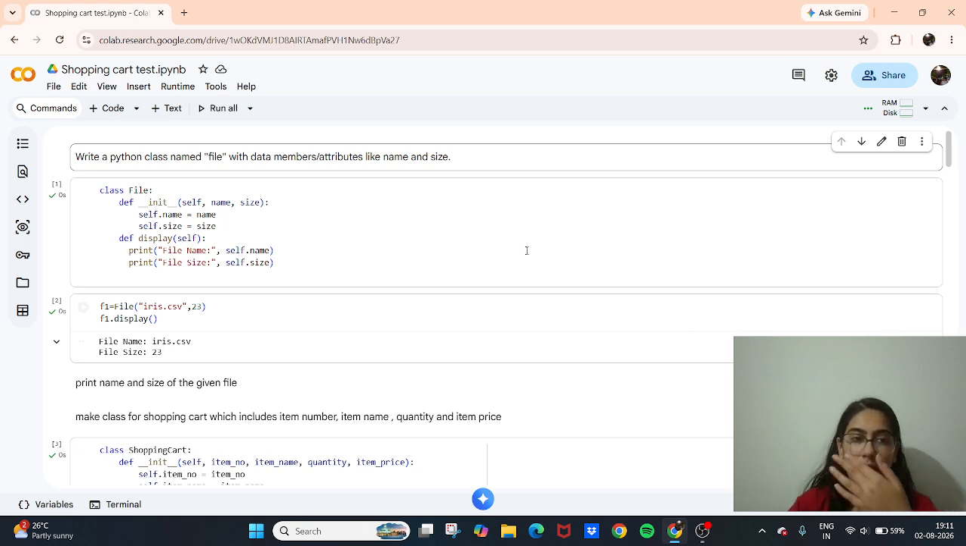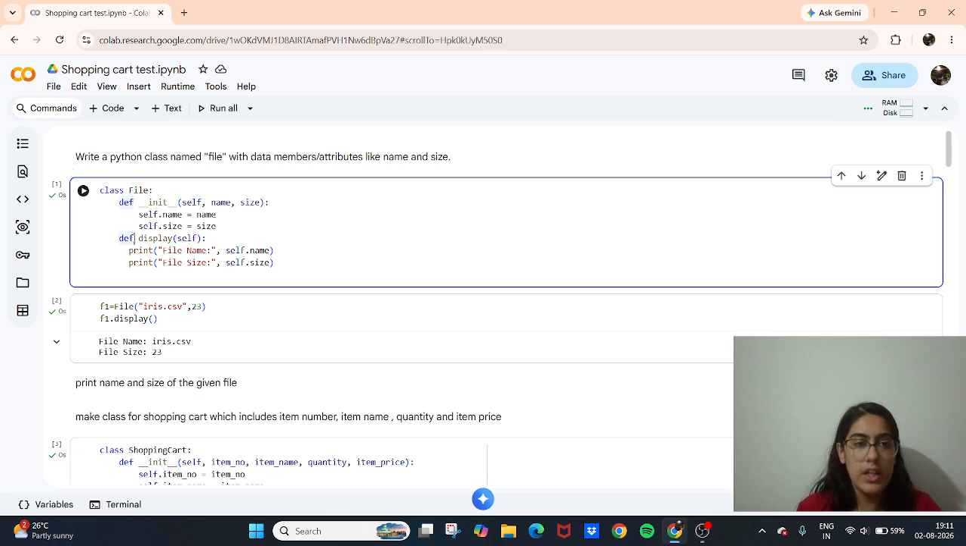images yet. So firstly, what we need to do is make a simple class file in which we have the name and the size of the function which is in it, and then we will see what to display. So firstly we'll do that. We have to write the code class file